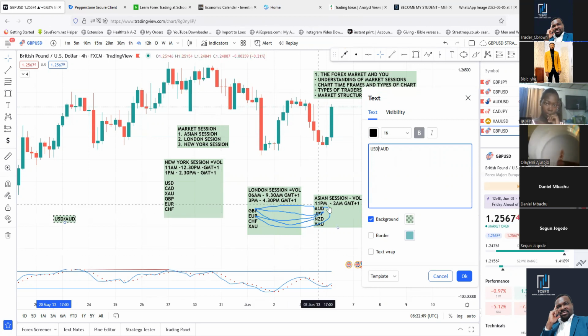Look at it. Look at the chart. You will discover that it doesn't make sense. And that's what a lot of people do. They will go and pick a currency pair. They don't understand the section when that volume is coming in. And they wonder why they are losing money. Why should I be choosing a USD and AUD in the London section? It doesn't work out well. I should not be looking at that pair.